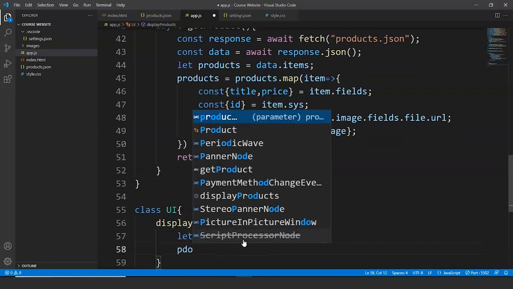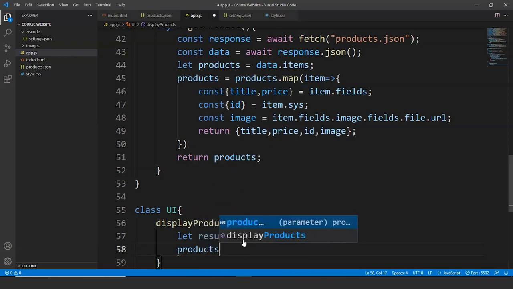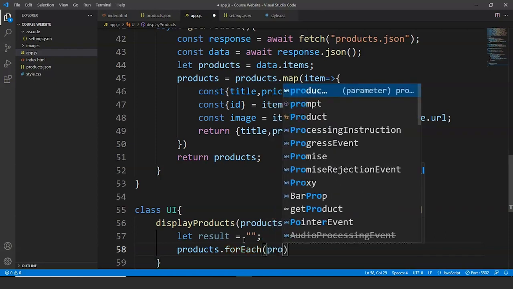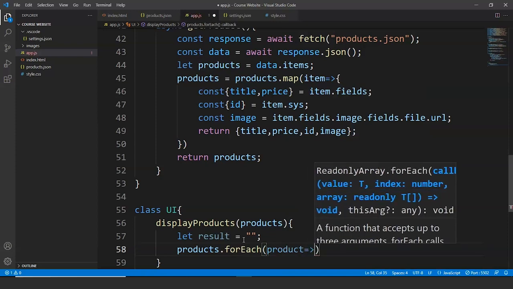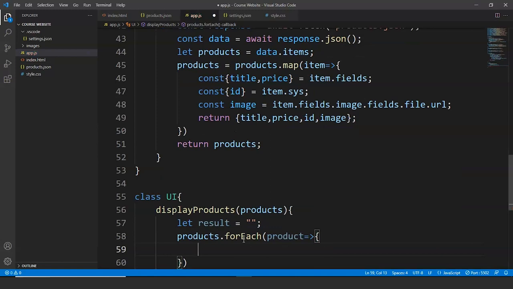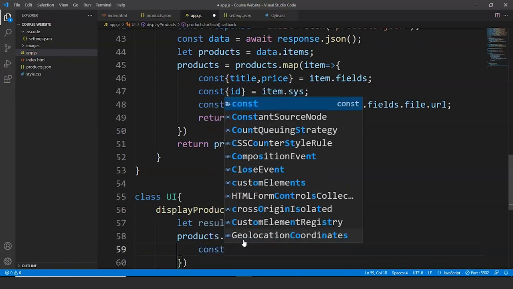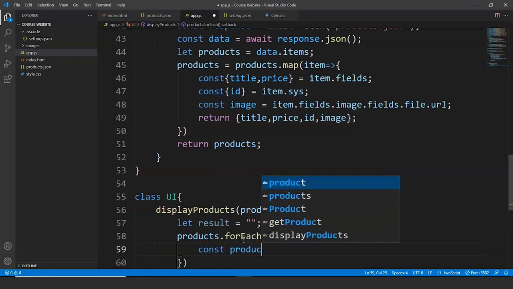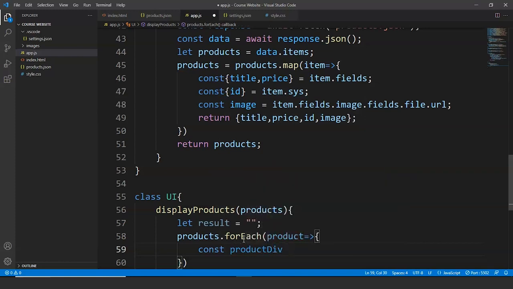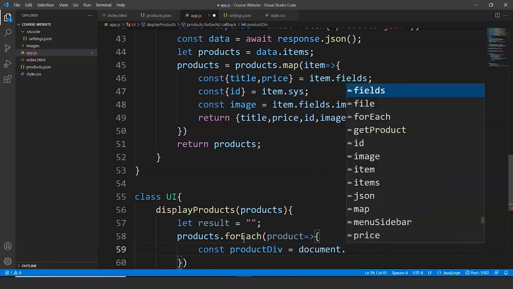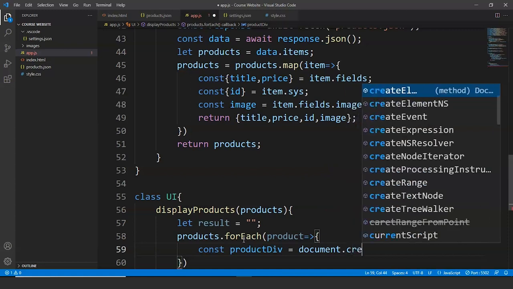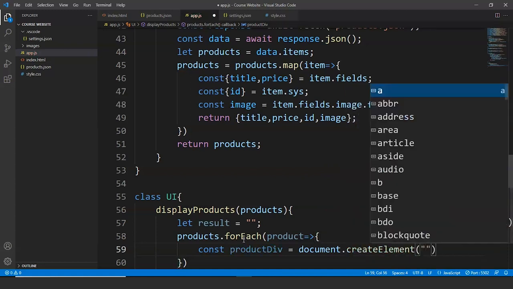Next line we'll use the for each loop. So we'll write here products dot for each, and inside this we'll create an arrow function. So we'll write here const product div, let's say, is a variable, and then we'll write here document dot create element. Again we are going to create an element, so we'll write here div,